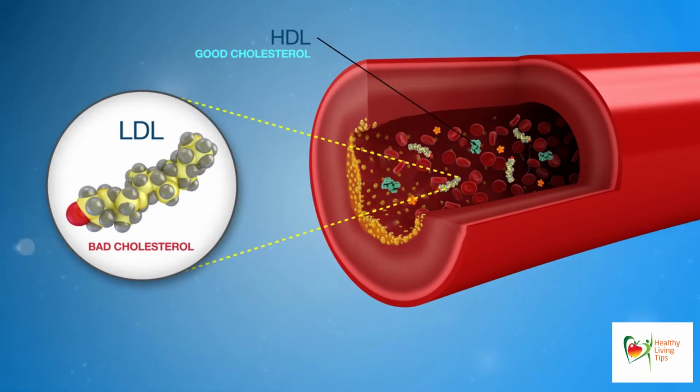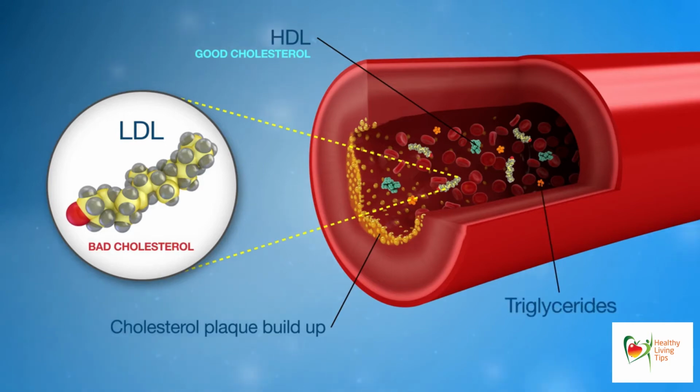You may see different types of cholesterol on your blood test results. LDL cholesterol is also known as the bad cholesterol and can cause plaque buildup in the walls of the blood vessels. HDL cholesterol is also known as the good cholesterol because it can remove excess cholesterol from the walls of the blood vessels and take it back to the liver for disposal. Triglycerides are another type of fat in our bloodstream. Excess kilojoules from food, alcohol or sugar in your body are converted into triglycerides and stored in fat cells. Triglycerides can enter the blood vessels and speed up the formation of plaque deposits.